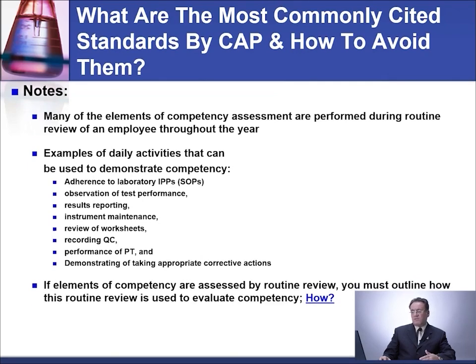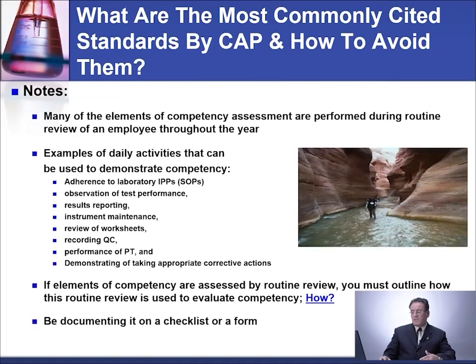Examples of daily activity that can be used to demonstrate the competency: adherence to the IBBs, observation of test performance, result reporting, critical result review, instrument maintenance, review of worksheets, recording and reviewing of the QC, doing PT, and demonstrating taking appropriate corrective actions. Now, if elements of competency are assessed on a routine basis, then you must outline that review